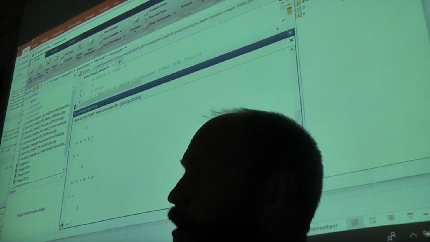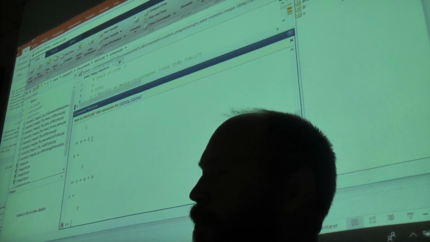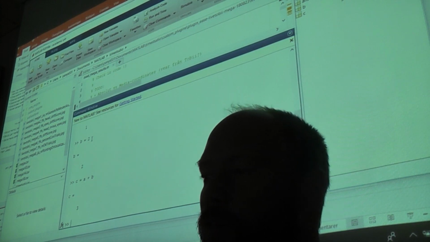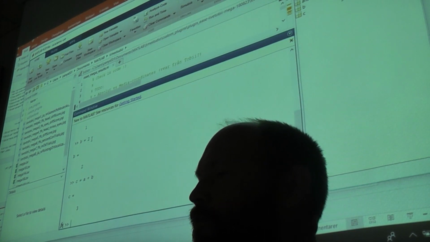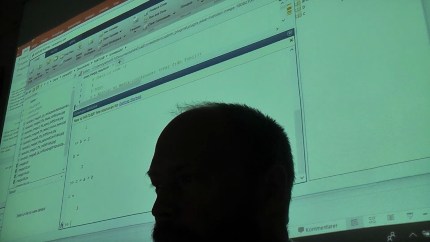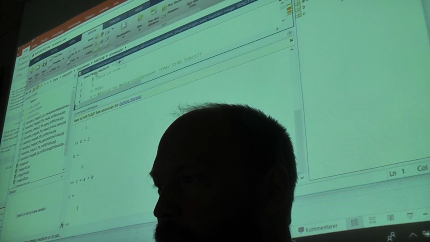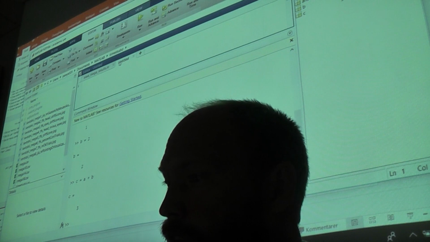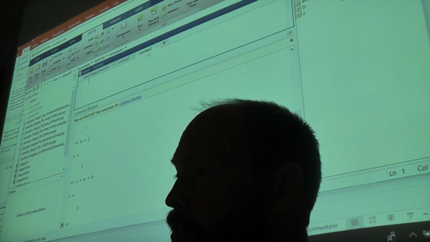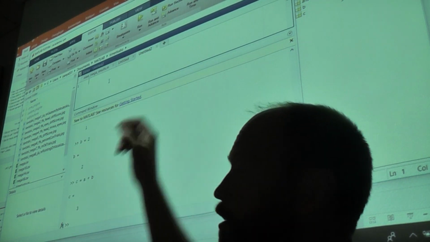I only have the command window open and the editor where I write my programs, but that's a matter of preference. The other part is the editor, and I want them as tabs so I can have several functions in there.